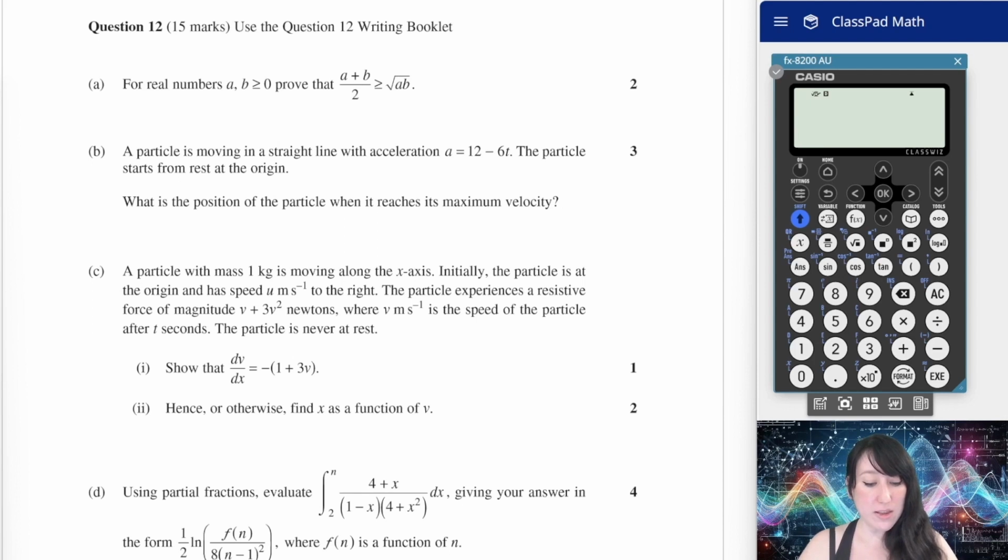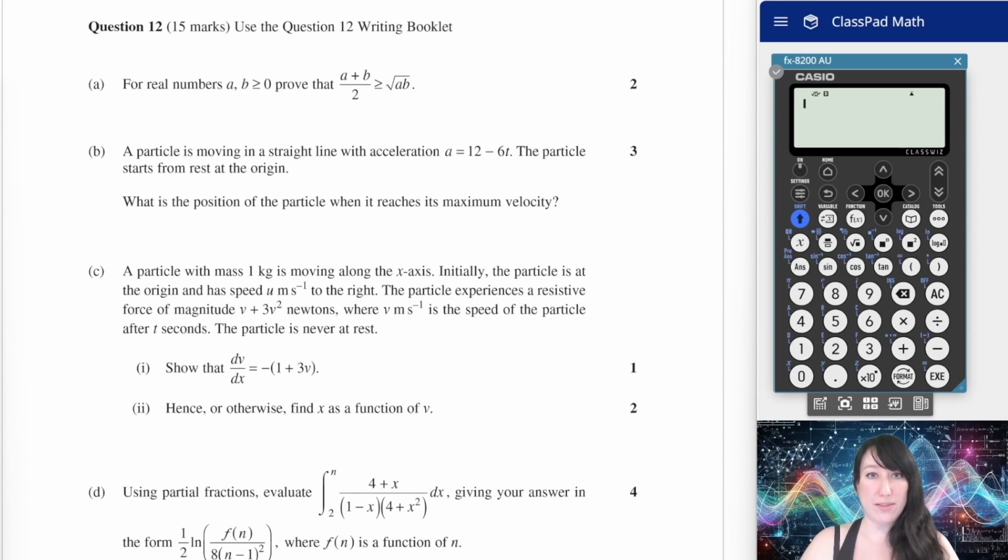Question 12c. A particle with mass 1 kilogram is moving along the x-axis. Initially, the particle is at the origin and has a speed of u meters per second to the right. The particle experiences a resistive force of magnitude v plus 3v squared newtons, where v meters per second is the speed of the particle after t seconds. The particle is never at rest. Part 1, show that dv/dx is equal to negative of